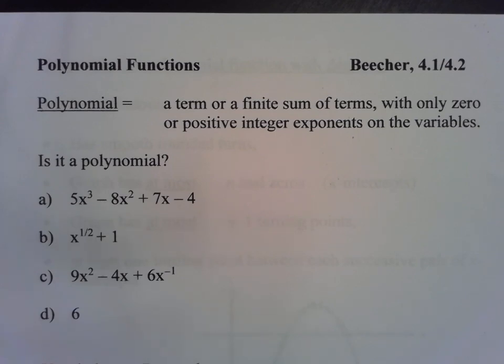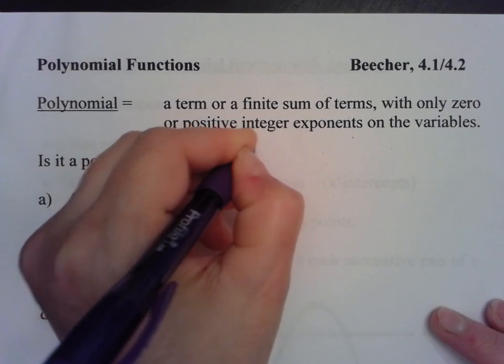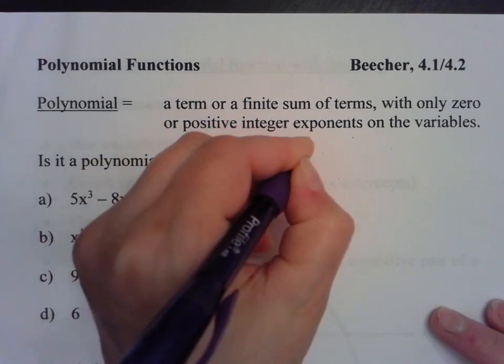Polynomial functions. Let's start with the definition of a polynomial. A polynomial is a term or a finite sum of terms. So let's stop there for a second. A term may be something like x squared or 3x to the fifth